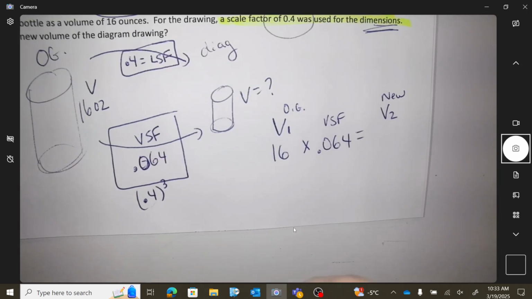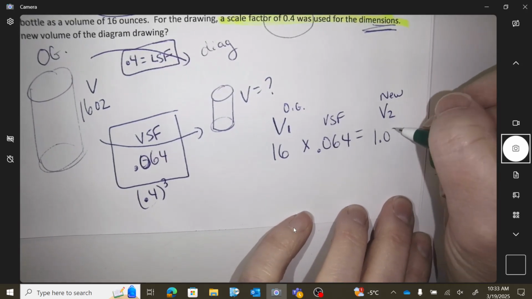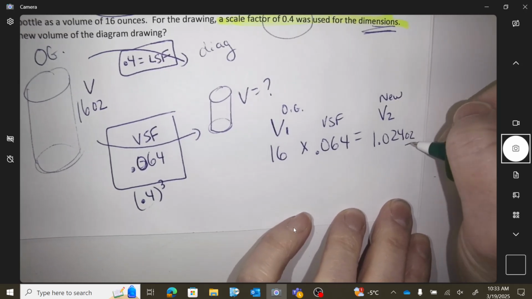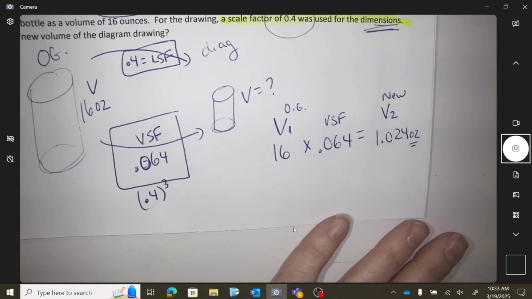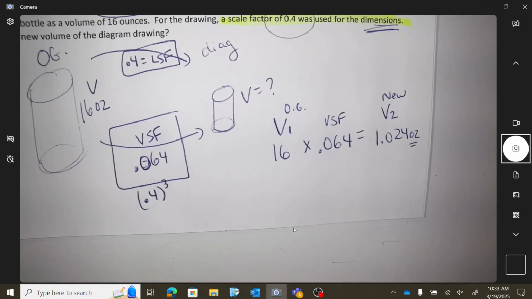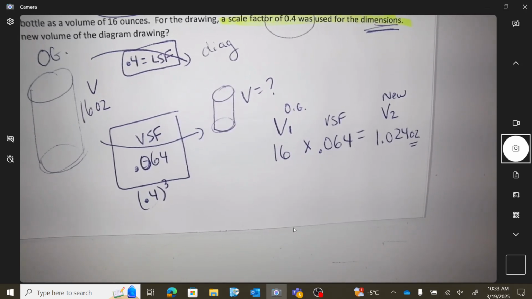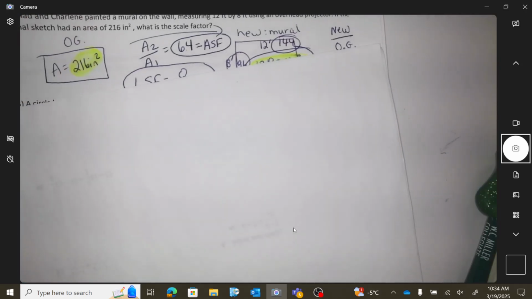Okay, so 1.024, and I need to write something on it like ounces. Okay, so cheat sheet stuff. Let's talk maybe